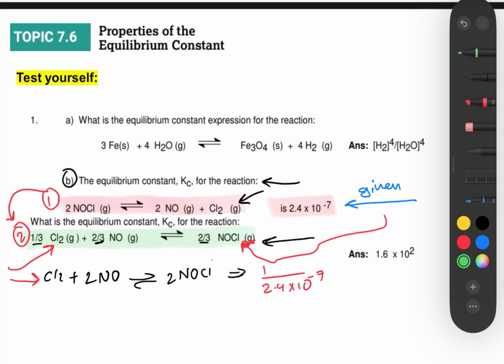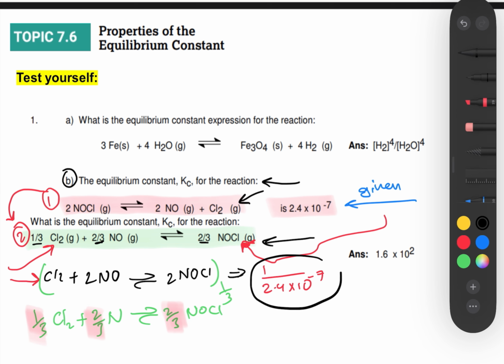Okay, so if I multiply the whole equation by a factor of 1/3, then it's going to be 1/3 Cl2 plus 2/3 NO, 2/3 NOCl. If you multiply by coefficient 1/3, then the coefficient will be raised as a power. If you just remember, you have 1/3, 1/3, 1/3. So it's going to be the same answer in here,